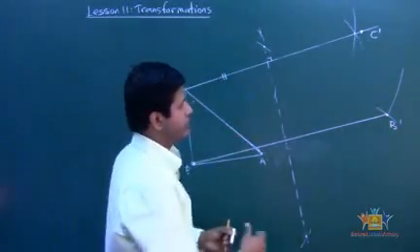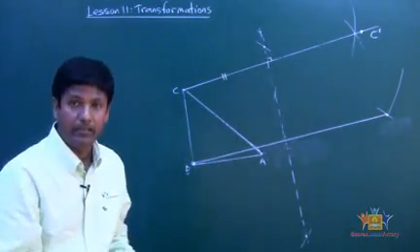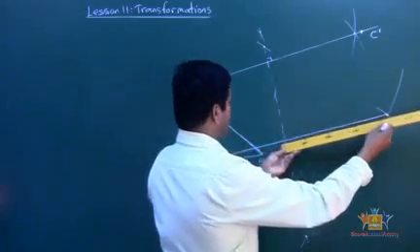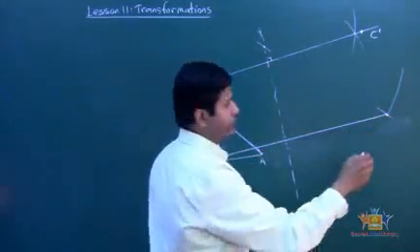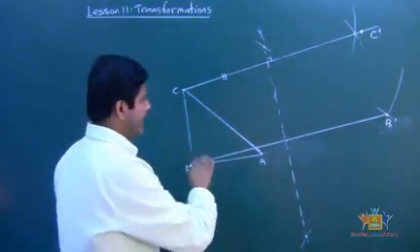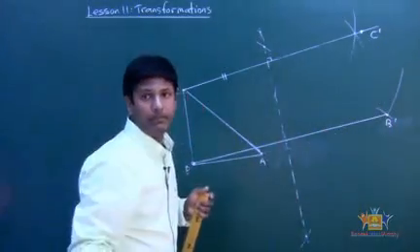I shouldn't have rushed it, I shouldn't have labeled it yet, because that shouldn't be a B image yet, because I have to measure first. I have to measure first and then make sure it is 4 and 4, and only then should I say this is the B image. See that? Because that was just a construction point so that I can create the perpendicular line.